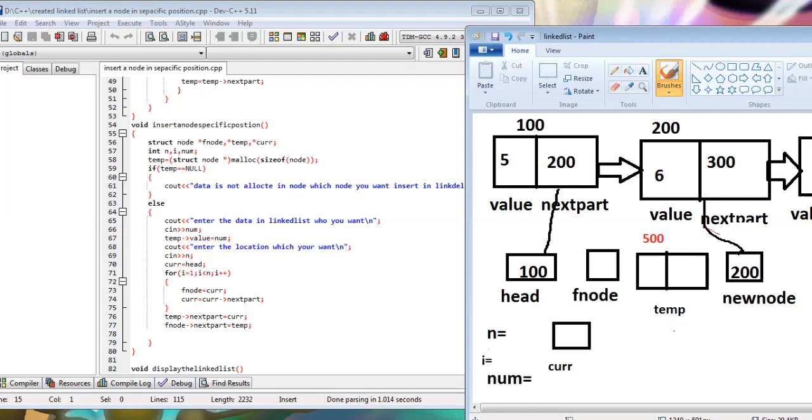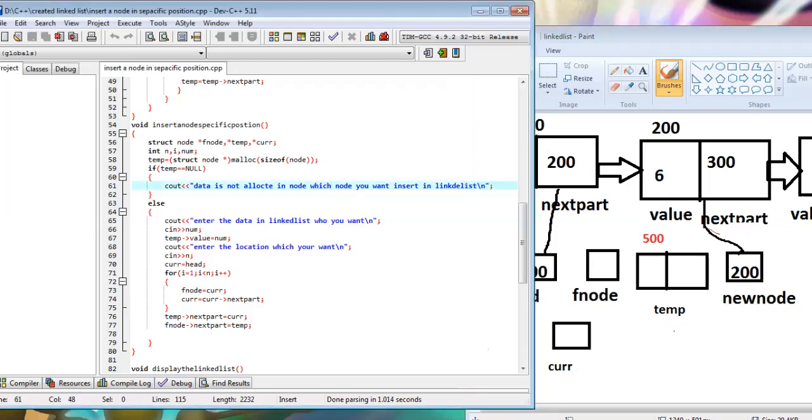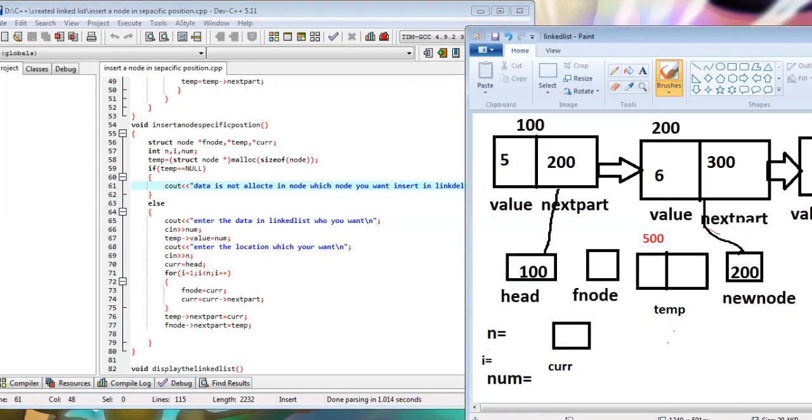If temp is not created, then execute this line. If temp is created, then execute this part. This means start.